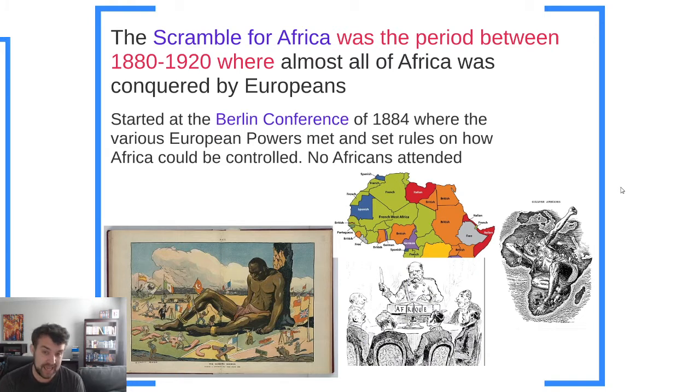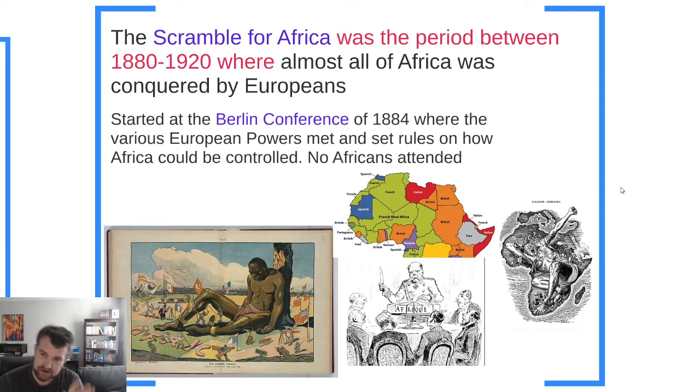And this all began at an event called the Berlin Conference of 1884. Various European powers met, and they set rules on how Africa could be controlled. And no Africans attended that meeting. It's super messed up that a bunch of these political leaders in Europe were able to all gather together in Berlin, draw a map of Africa, and say, okay,